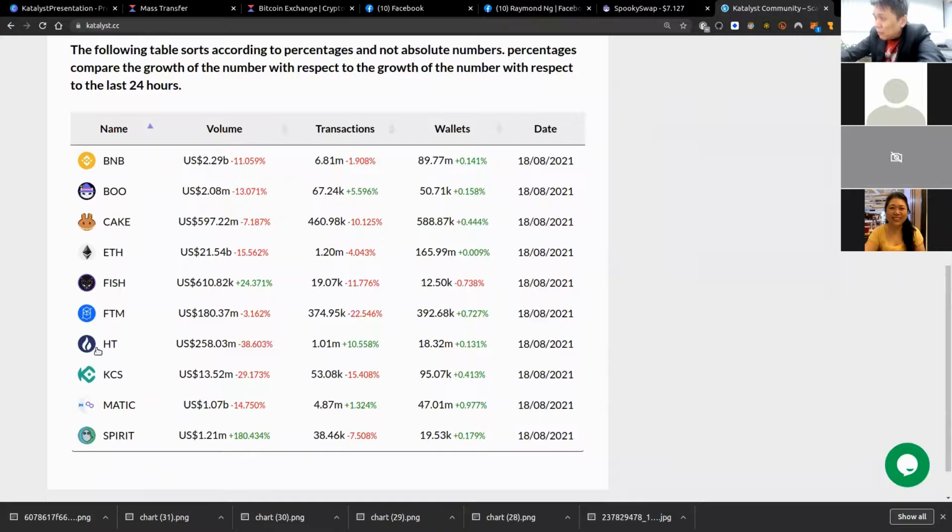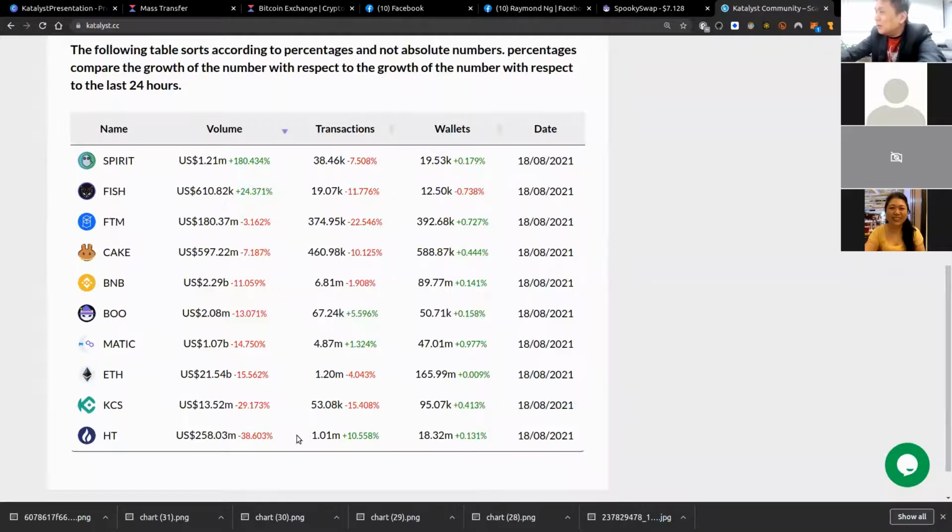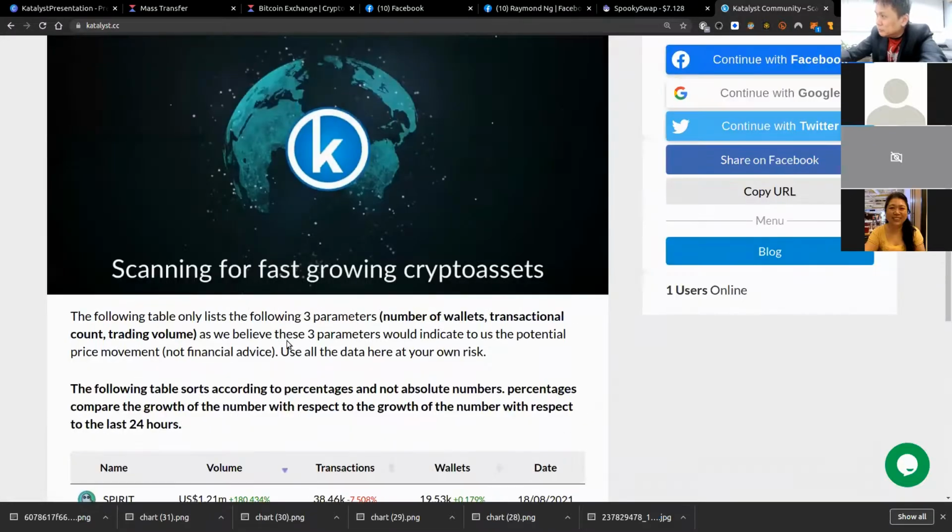I am also scanning for Hobby token. Hobby token, I only bought very little, less than $100. But the thing is that Hobby token generally has not much result yet. But it's not too small. It's 18 million users. Okay, it's not small. Transactions 1 million. It's not small. It's bigger than Matic. Sorry, bigger than Phantom. Okay, but anyway, you see,